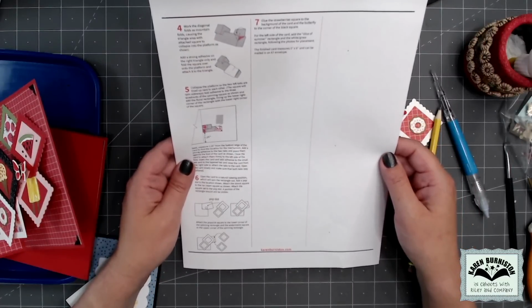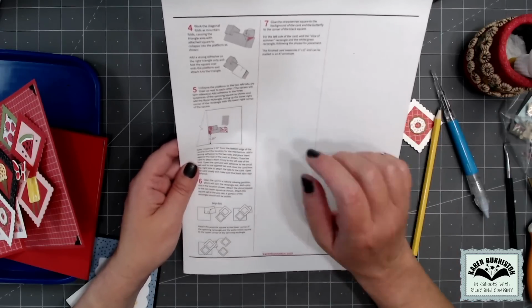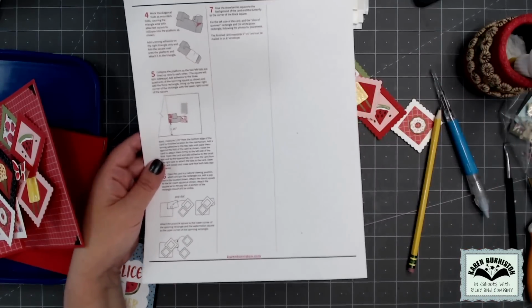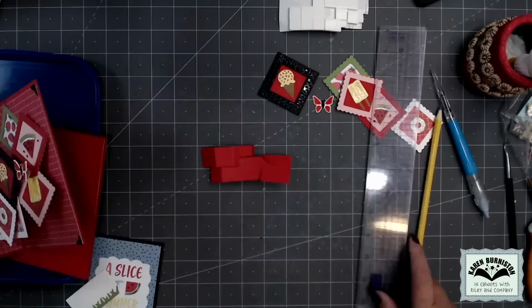I was going to glue this on right now, but yeah, I'm going to glue it on right now. Or I'll put it in the card. I don't know. Anyway, okay, so do you have a ruler? Let's hope you have a ruler. Pause me and go get a ruler if you don't, because let's figure out where this is going